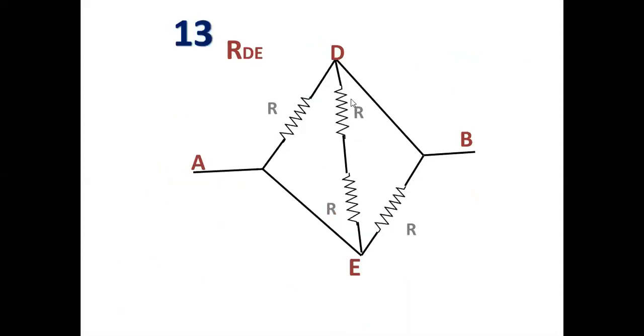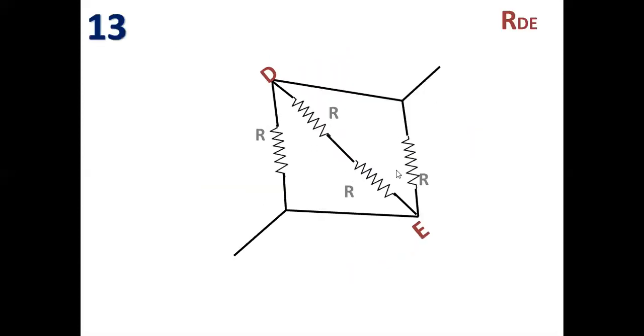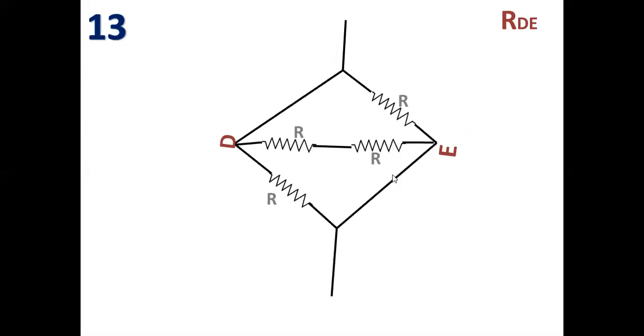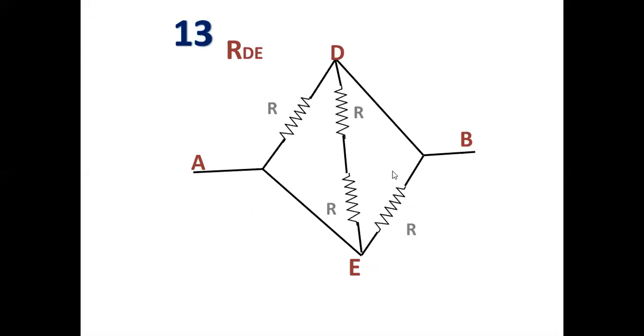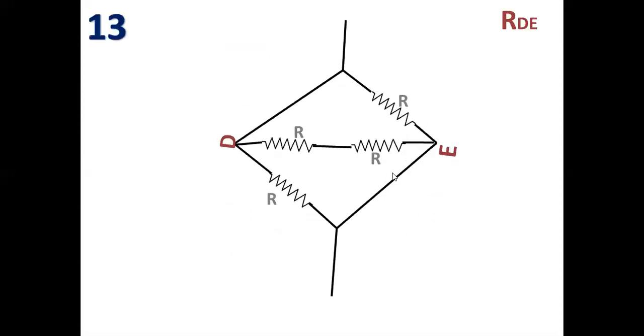Now we will rotate it so that D and E is horizontal. It becomes familiar for us. So we will turn it, and make D and E parallel like this. Okay, it was like this, A and B. Now we have turned it up to this, and we have made D and E like this, and you can remove these two wires.